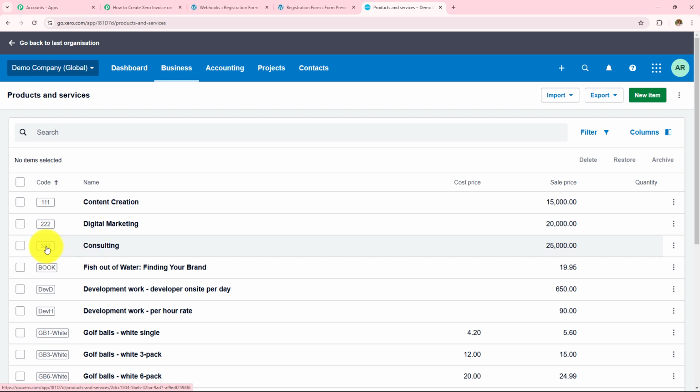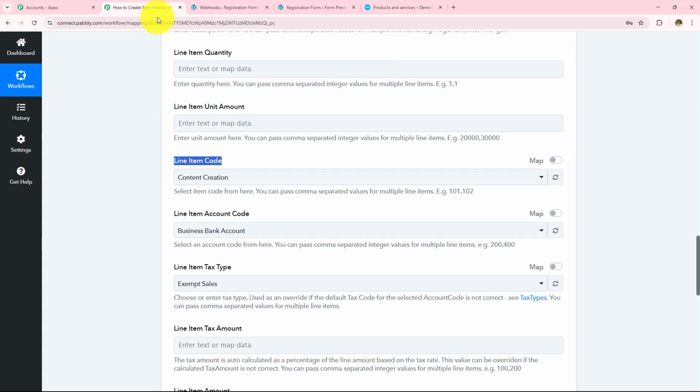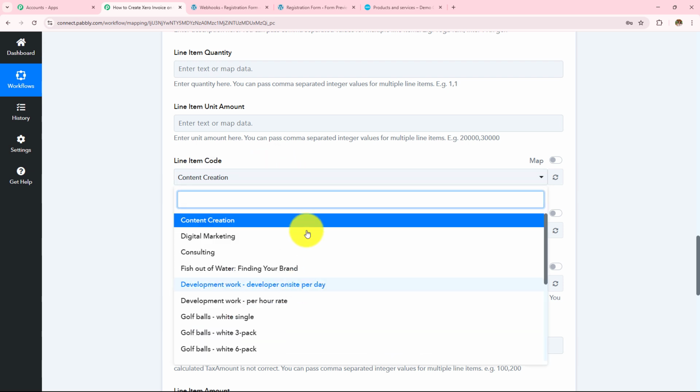In the similar manner, you can also create your products and services, providing the separate code for each of those products and services. Now, when you will enter the code for each of the service, the identification of the service along with the code and the price will be made by Xero and the invoice will be created. So now I'm going to enter my line item code. Now I'm not going to enter this manually or select this from the drop down. Otherwise, it will become static.